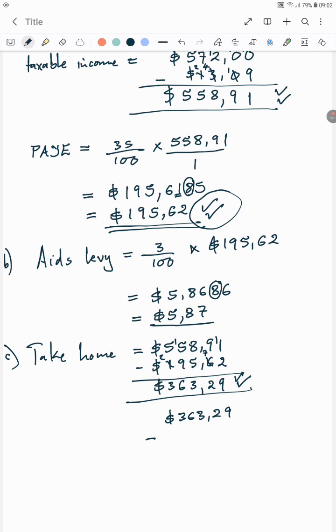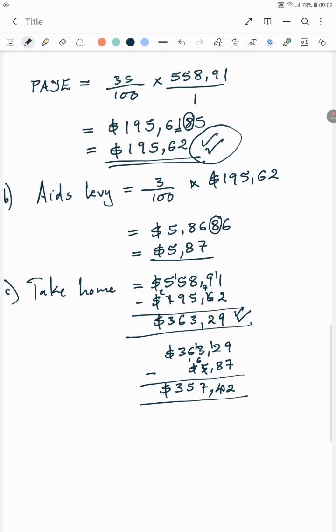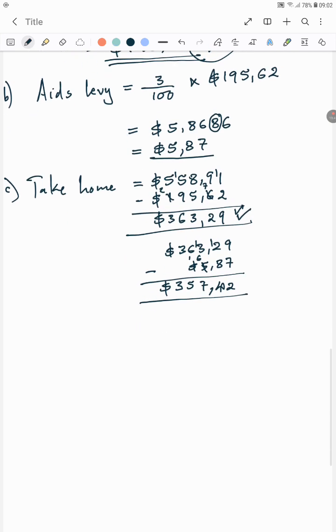AIDS levy is $5.87. So here you get 2, here you get 4, and here you get 7, and here you get 5, and here you get 3. Okay, so after all the deductions have been taken out, now we have taken out the AIDS levy, we will